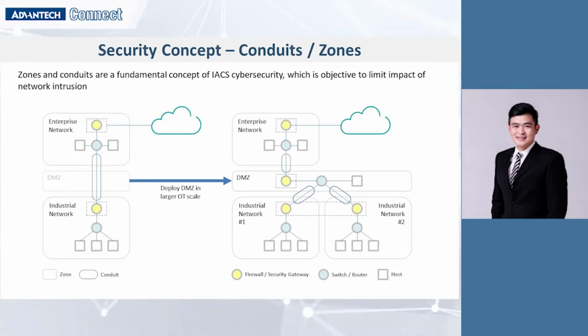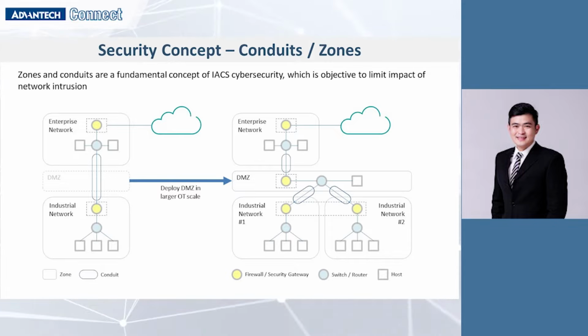Conduits are pathways that connect different security zones within an industrial control system. These pathways may include wired or wireless networks, data links, or other communication channels. Security zones, on the other hand, are areas within the industrial control system that have similar security requirements and risk